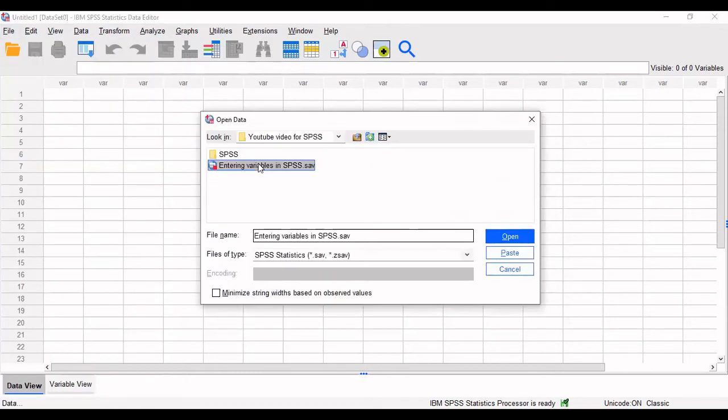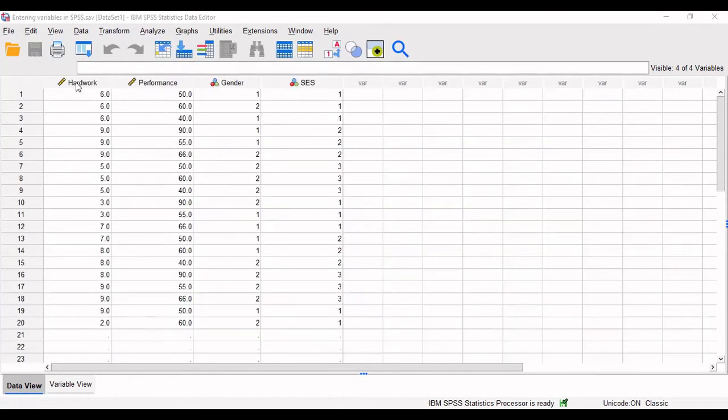Then from here, you can select any data with file extension .sav. So I will open it. So as you can see here, our variables are hard work, performance, gender, social economic status, and the total sample size is 20. So let's perform the descriptive statistics.